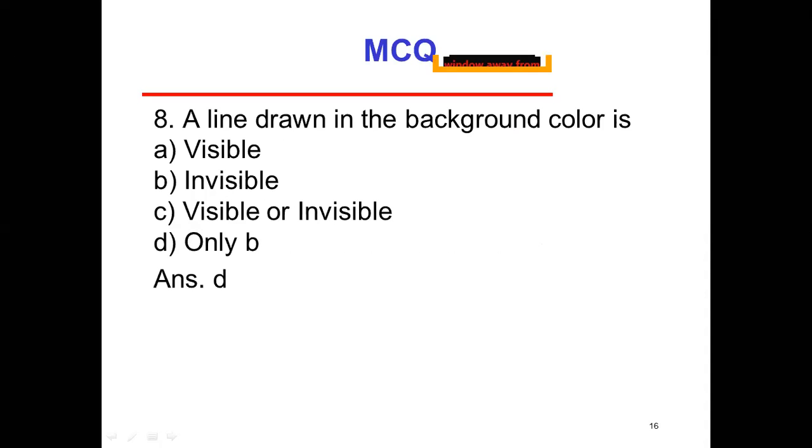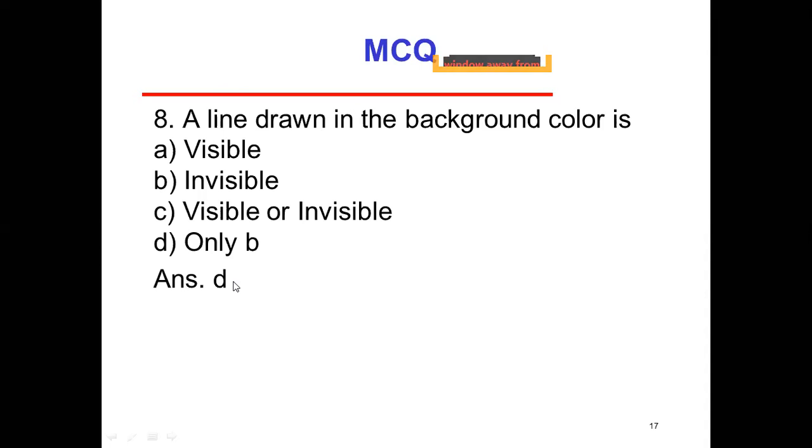Now question number 8: a line drawn in the background color is visible, invisible, visible or invisible, only B. So here the answer is only B, meaning invisible. Suppose we are drawing a line and it is in the background color, then it will be invisible.